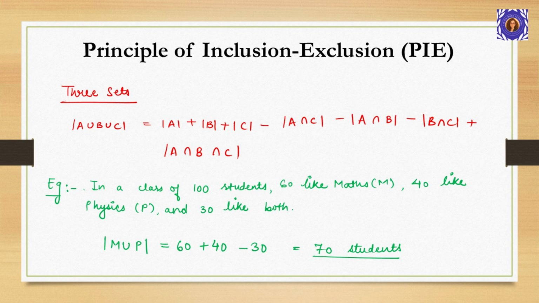We start by adding all individual set sizes, which overcounts intersections. Then we subtract all pairwise intersections to correct for double counting. But now we have overcorrected. We have subtracted the three-way intersection 3 times when we should have subtracted it only twice. So we add it back once. This alternating pattern of inclusion and exclusion is what gives the principle its name. And it extends to any number of sets with the same logical structure.